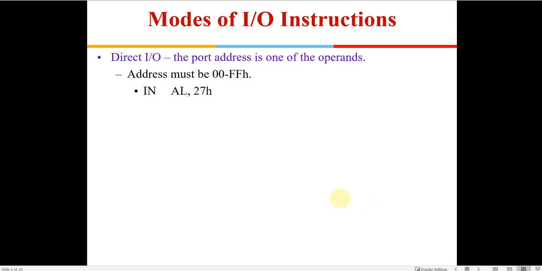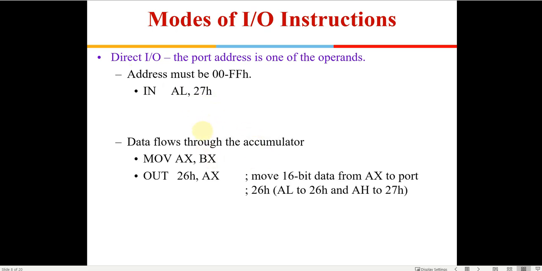Okay. So these are some more examples so that things become clear. IN AL, 27H, this is direct addressing, in which whatever data is available in port number 27 will be brought into the AL register. Data flows only through the accumulator, and that is important. We can't write IN BL, 27H.